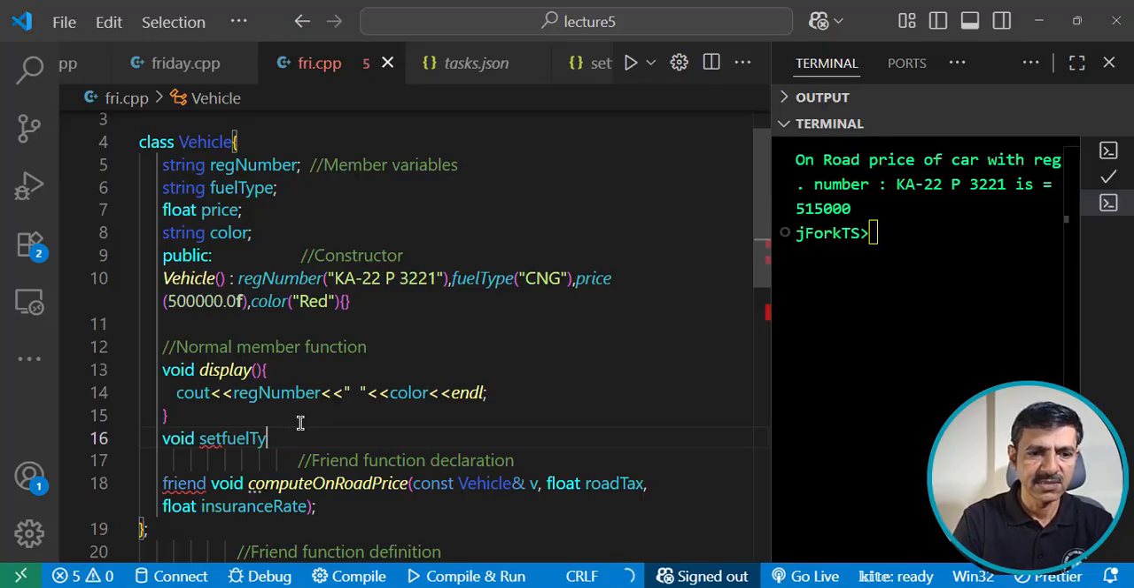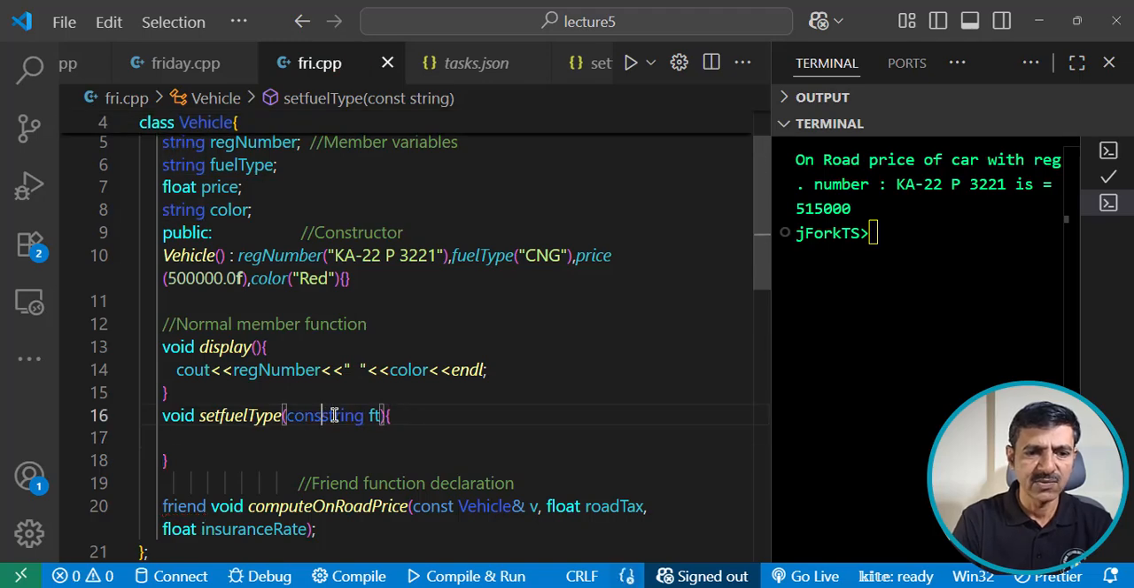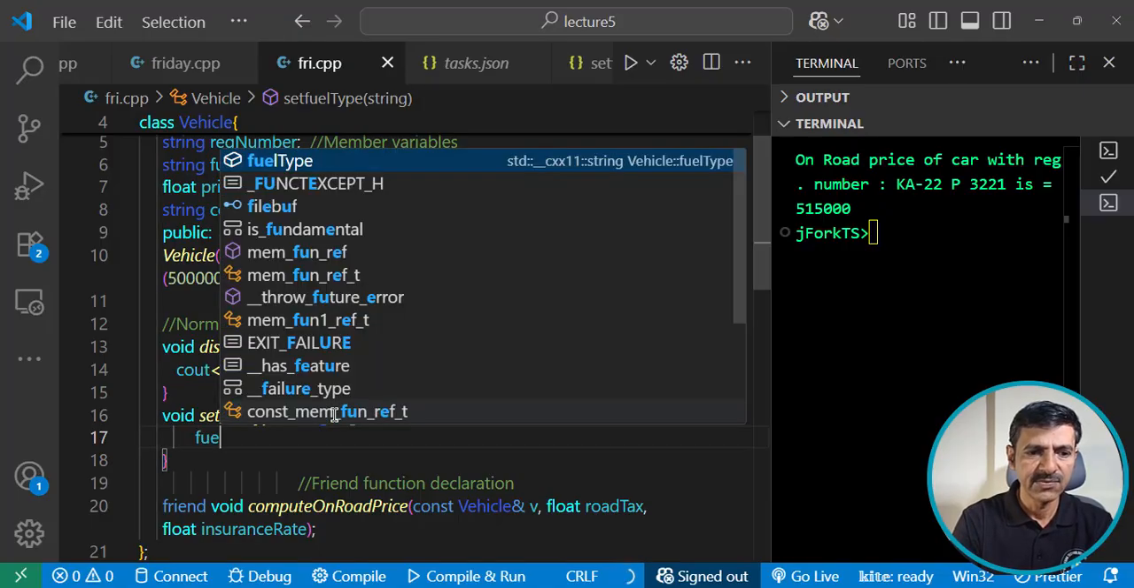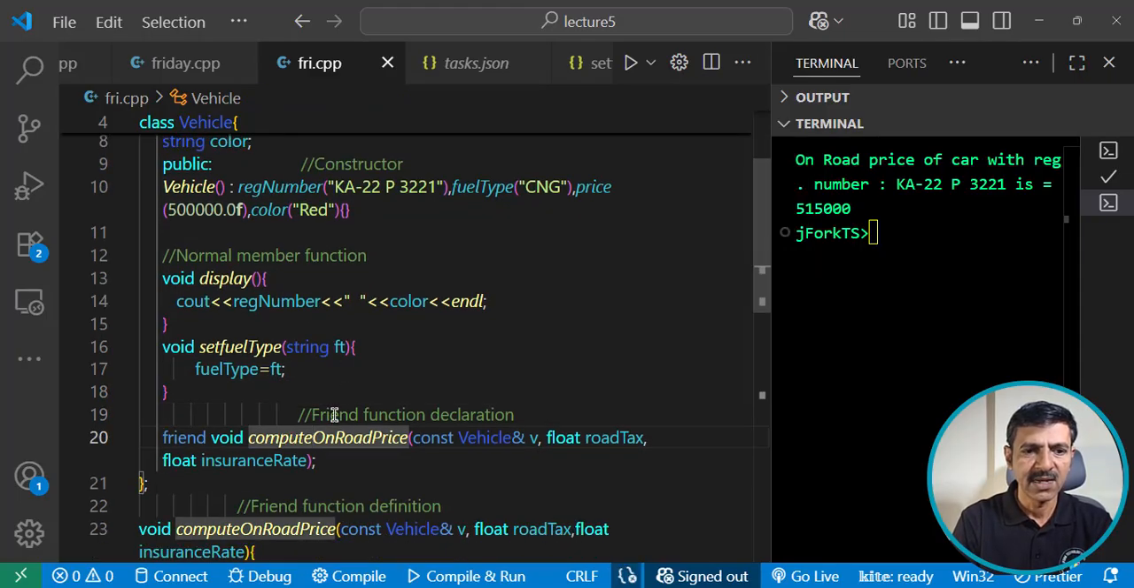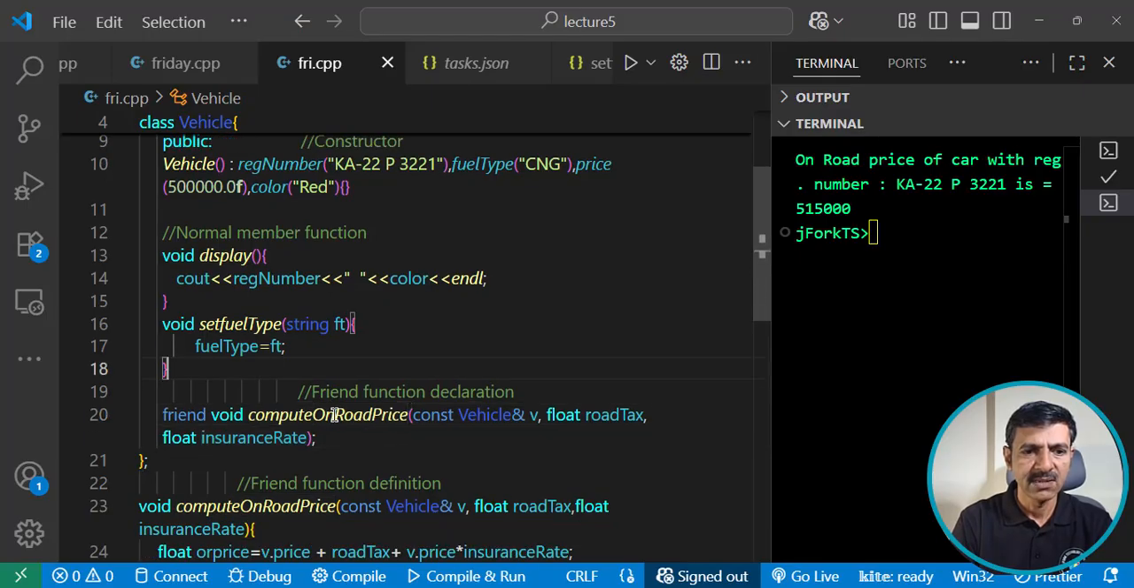In this you are going to pass const string ft. You can use const or you need not, because this ft you are not going to change; you are only going to change the fuel type equal to ft. That is the const behavior, meaning you cannot change the value of what you have passed, but you can change the value of the particular data member variable. If you don't want ft to be changed here,